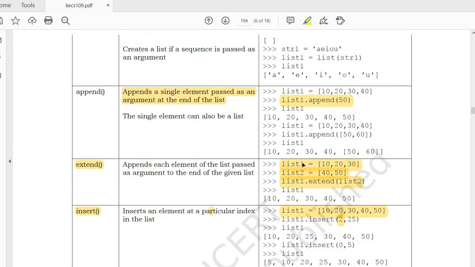Okay, so from this, repeated questions are what is the difference between append and extend as well as pop and remove. What is the difference between pop and remove? And insert is also an important function. We will use that for different sorting methods as well as in class 12. These concepts we will use with the stack and queue. So the list chapter is very important when you are considering Python programming.